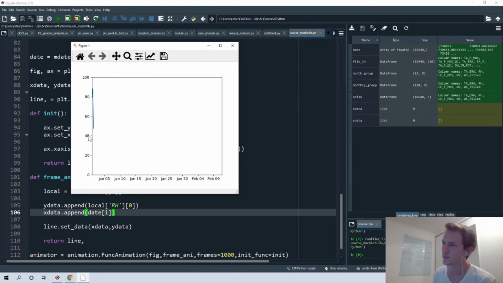So now it's better. So we can see the values. I think it's that.